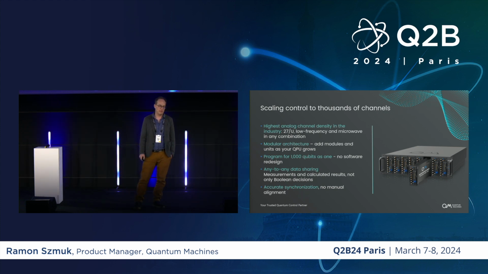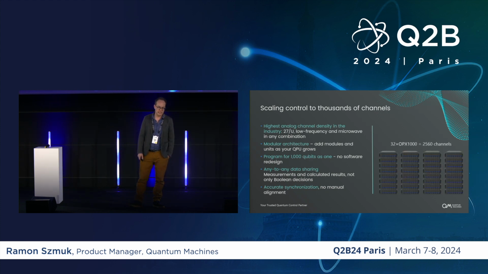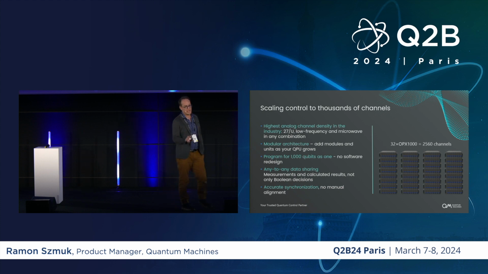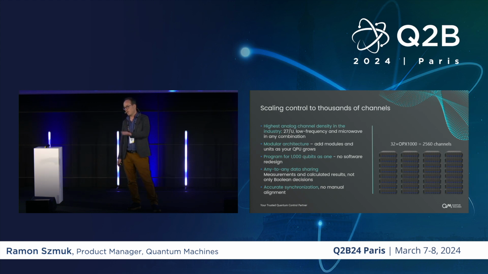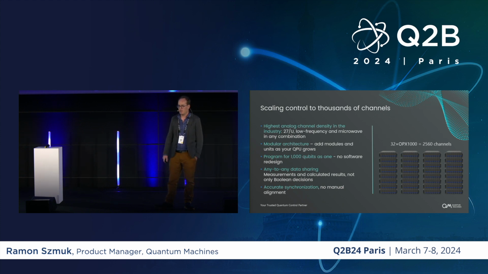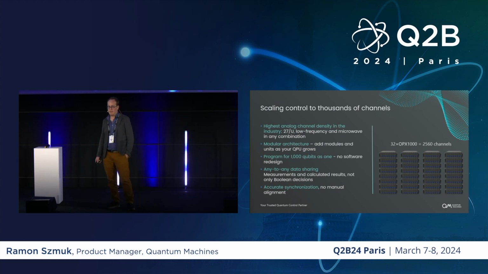And this platform is now in the process of being gradually scaled up to a cluster of 32 such OPX 1000, or about 2,500 channels, to which you can add even more. These are only the fast channels. Quantum Machines separates the low noise DC channels, which are on a separate cluster for power conditioning reasons. So it's even a low estimate. No one has asked us to build such a thing yet, because this is what you would need for around 1,000 qubits, solid state, and no one does that today. But we believe that in the mid-term future, 3-4 years, things like that might become a reality.